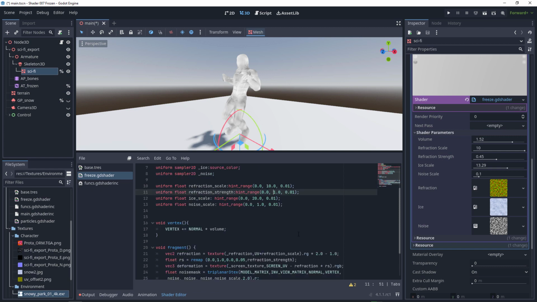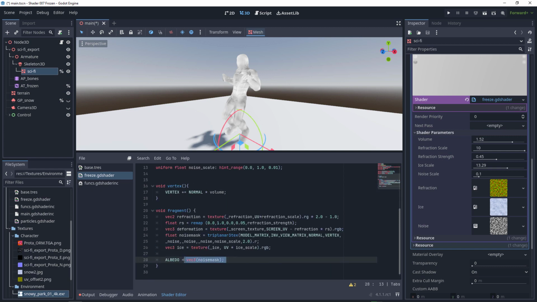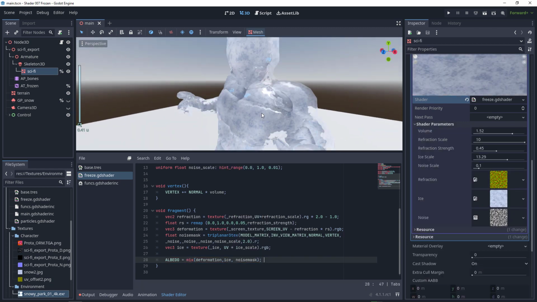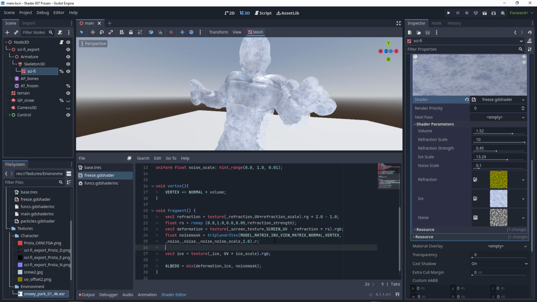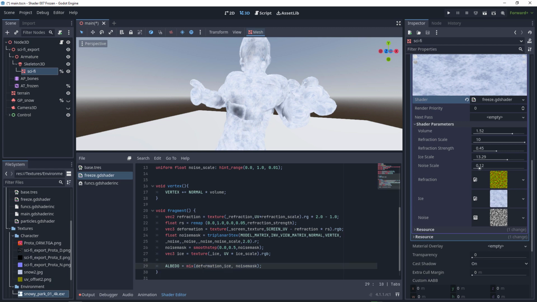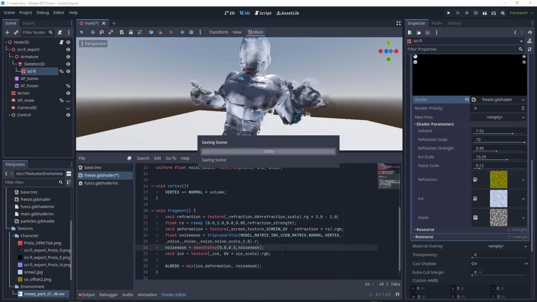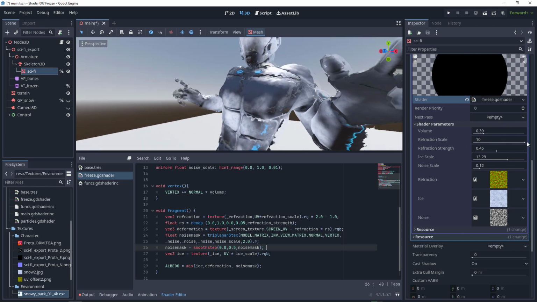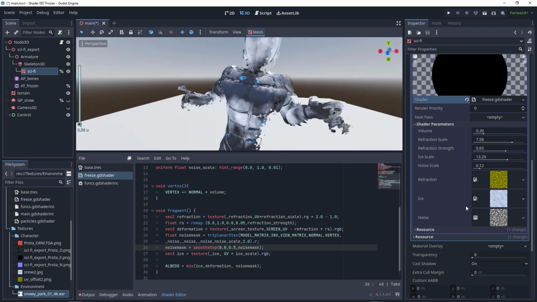Finally, we're going to mix the two textures using the noise mask, but as we can see, the effect is not as expected. So I am going to modify the mask with smoothstep so that the deformation texture is more visible. I have to invert the textures in the mix, and now it looks much better. I adjust the parameters a little bit,